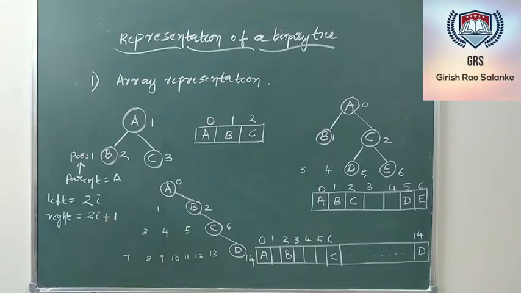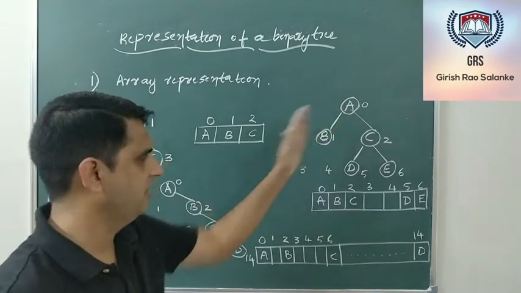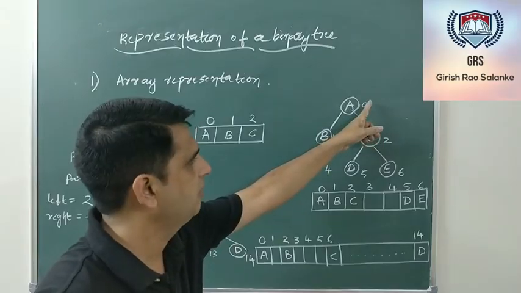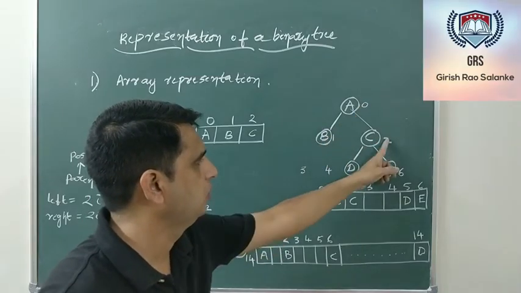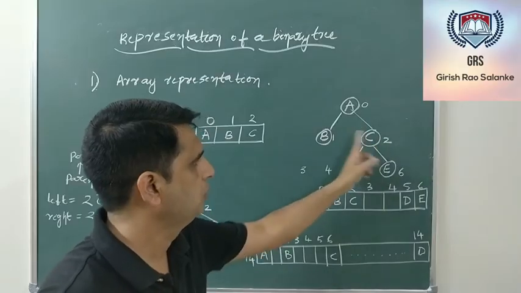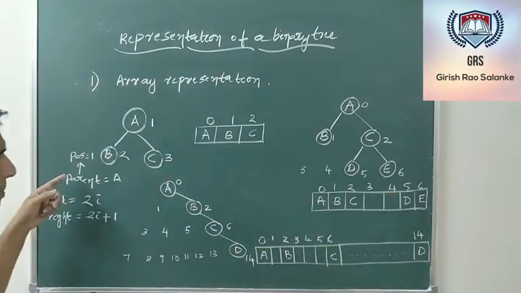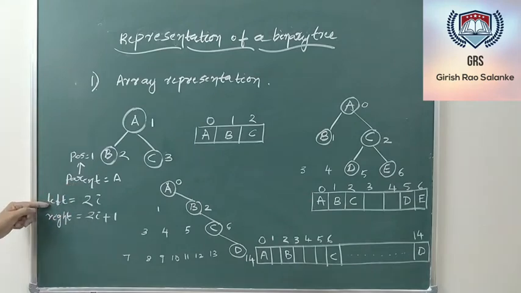Right child is 3. Similarly, even in this case, if you apply the same formula, it would be better if you consider it from index 1: 1, 2, 3, 4, 5, 6 and 7. So, if you know the position of the parent, then its left child can be obtained by 2i and right child can be obtained by 2i plus 1, wherein i is the position of the parent. So, this is about the array representation of a binary tree.